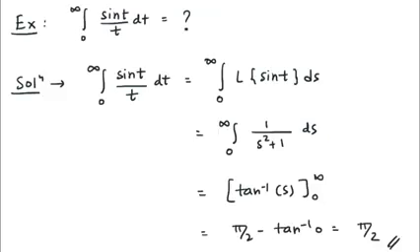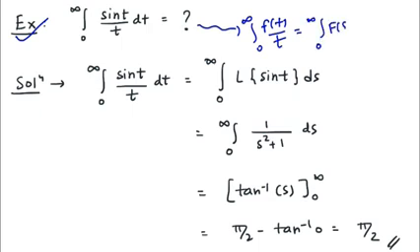So let us see the example. Integral 0 to infinity sin t upon t dt. Tell me what is the answer. At the very first instance, you might be thinking this is a definite integral question, but actually this is a question of Laplace transform. The format matches with f of t upon t, so I can think of the important result which I have studied. Whenever I have integral 0 to infinity f of t upon t, I can say that the answer is integral 0 to infinity capital F of s ds.